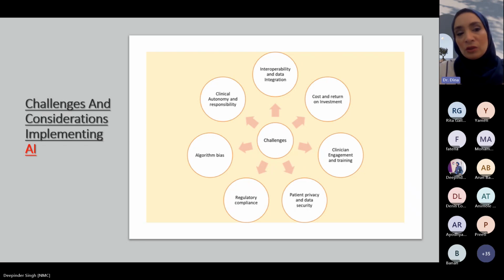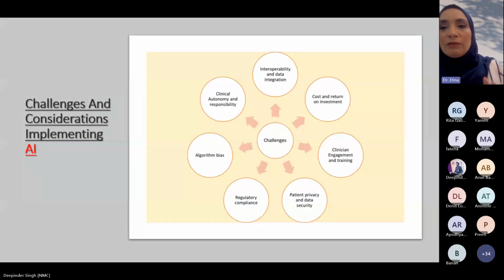Looking at the second challenge, if you suggest an AI implementation, it's the cost and the return on your investment. And if you don't have a team or a person who is taking care of your clinical informatics, it will be very, very difficult and challenging to build a return on investment or to convince your stakeholders to invest in AI